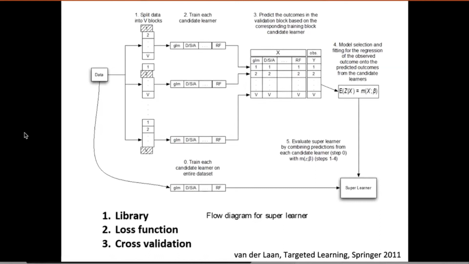And the nice feature of the superlearner is that as a stacking algorithm, it will build a new hybrid meta algorithm that is essentially based on all the different algorithms that had non-zero coefficients in the library, the non-zero coefficient referring to the performance that was again evaluated based on the loss function and cross-validation. Next slide.